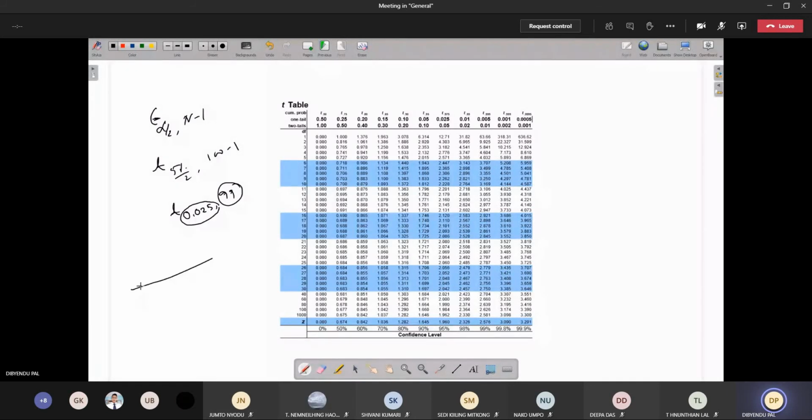Okay, if you just remember, this is a normal distribution curve and this is the mean value. This is one side tail and this is another side tail. This is the plus side and this is the minus side. In terms of the mean, if you go to the right side it will increase, if you go to the left side it will decrease. Combining these two together, we call them a two tail. So when it is talking about alpha by 2, it is talking about one side, so it is one tail. One tail, alpha by 2 means 0.025, so this is 0.025.